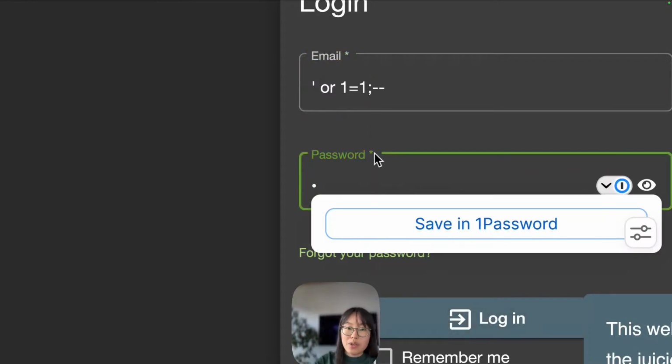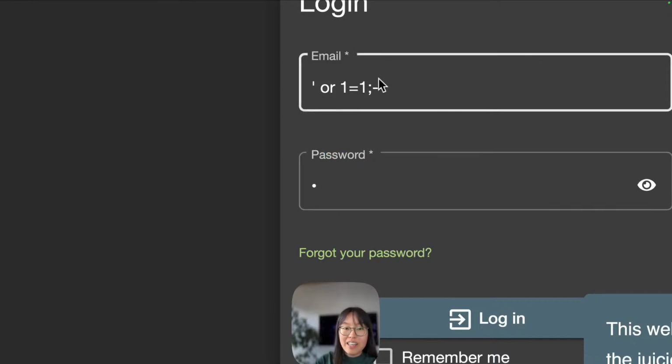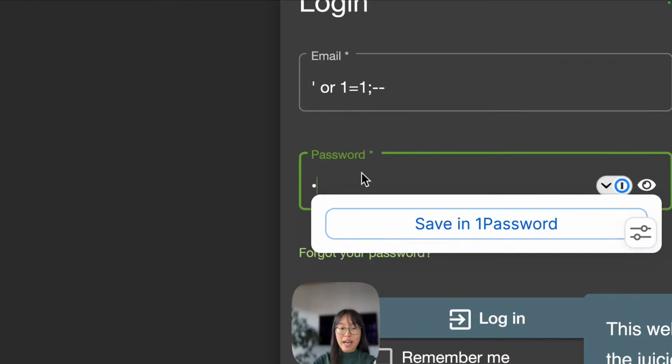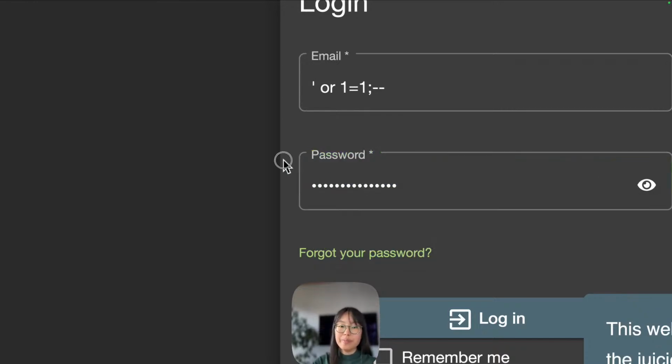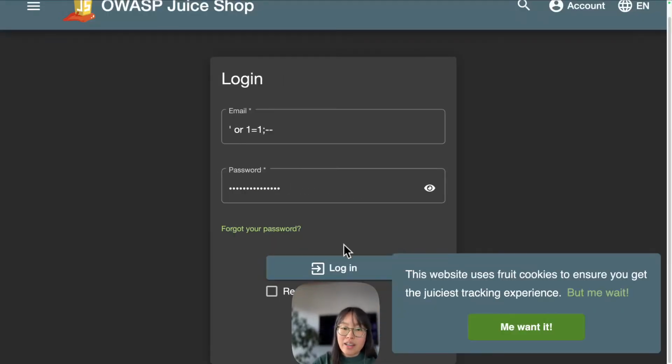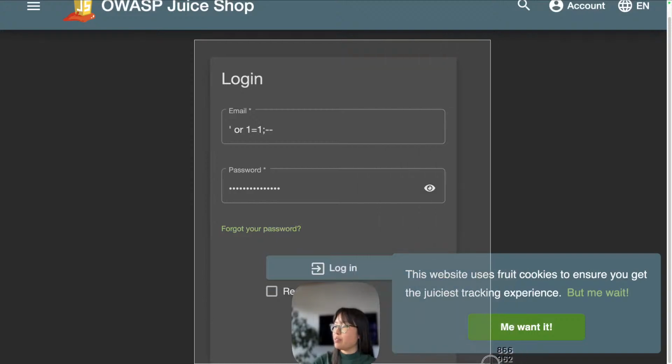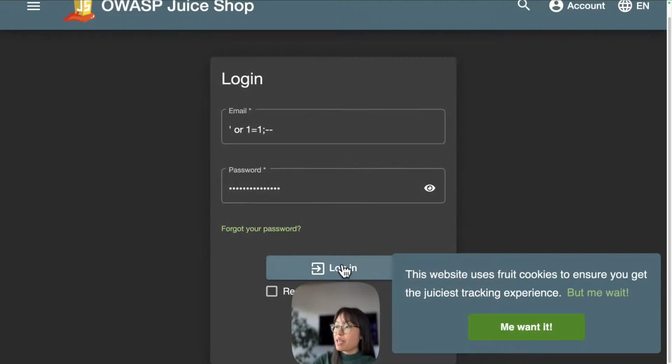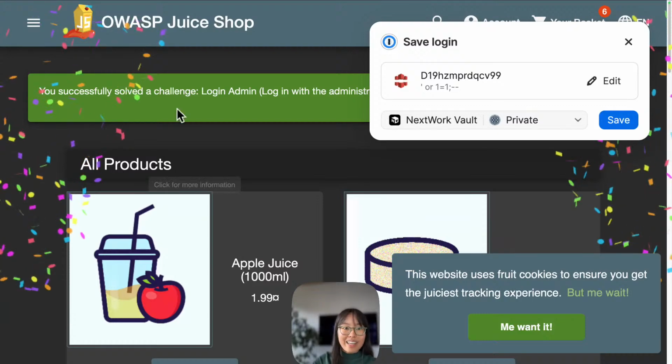Type in whatever password you want. This part doesn't even matter anymore because your database has already replied yes from this part. So you can literally type any gibberish into the password field. And then you can just select login. And I think we might need to take a screenshot of this, so I'm gonna keep a screenshot for now. But you can just log in. Look at that, we just logged